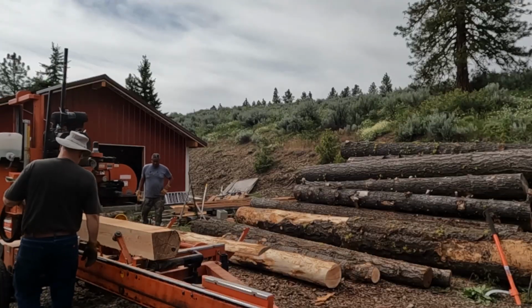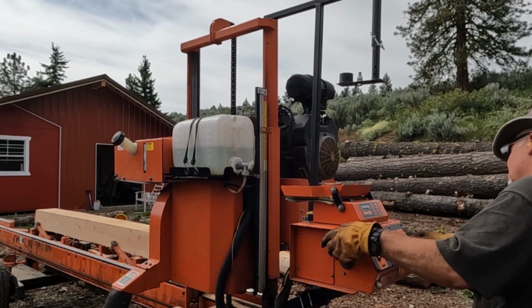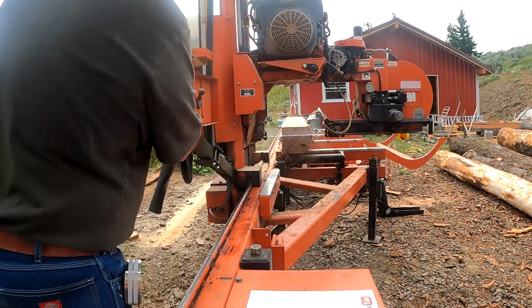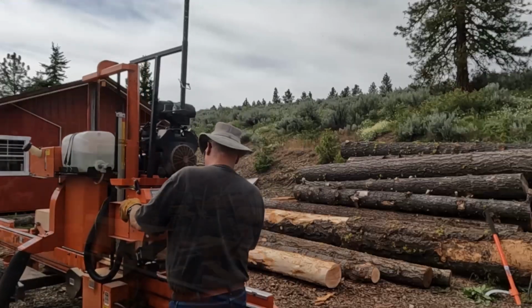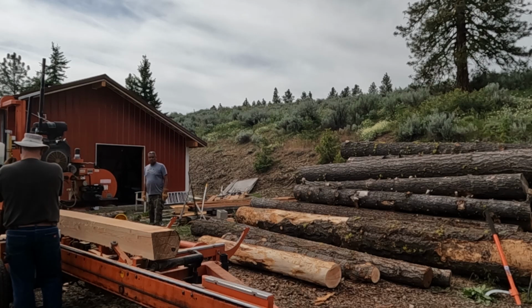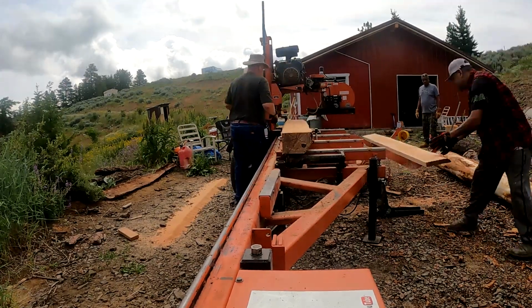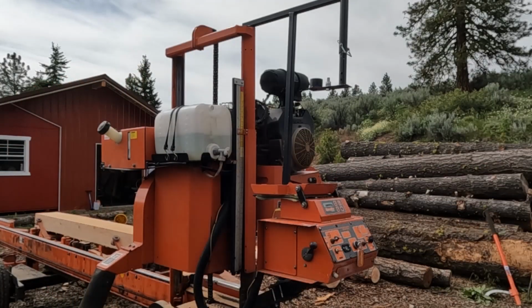I'm also going to edge flitches at the end of the second log. I actually find that if you edge after either each log, or if they're small like this one, maybe you could do it after every other log, but generally I do it after every log. This does a couple things. One, it gets rid of that massive pile of flitches that you build up during the day